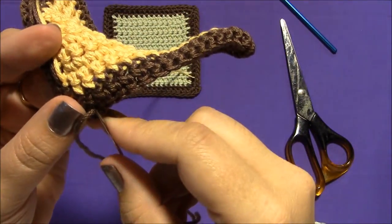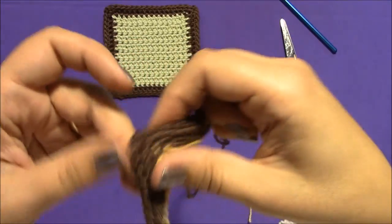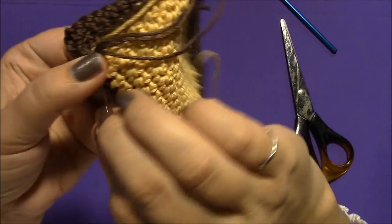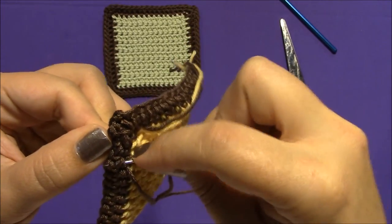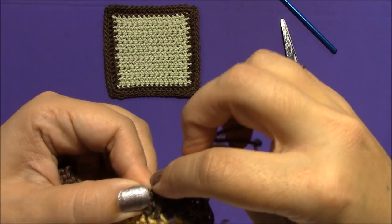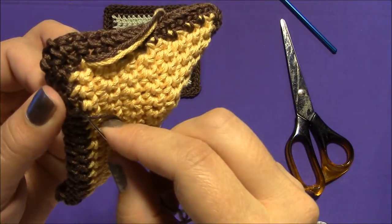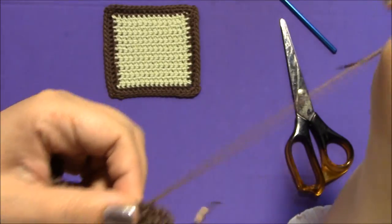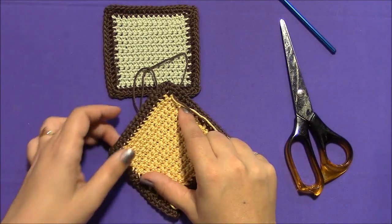And now I'm going to weave in my ends by kind of just going through some of the stitches. Okay, you don't want to pull it too tight and end up tightening up that pretty little copycat stitch you did. Go through this way. I went down before, so now I'm going to go back up a little bit. And I'm going to go down, but this way a little bit. Okay, so you can see I kind of zigzagged that through. You can even kind of be crazy and go back the other way once. Okay, and I'm going to weave in the rest of these ends and clip them off,